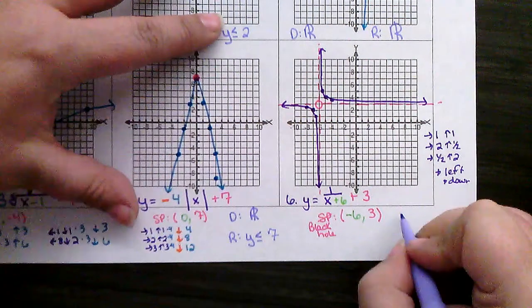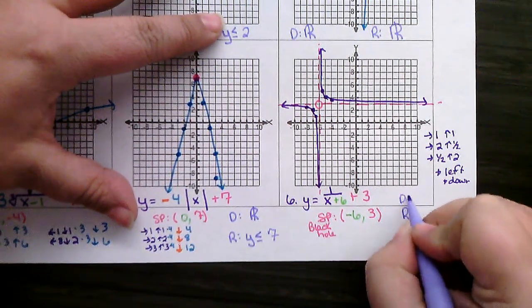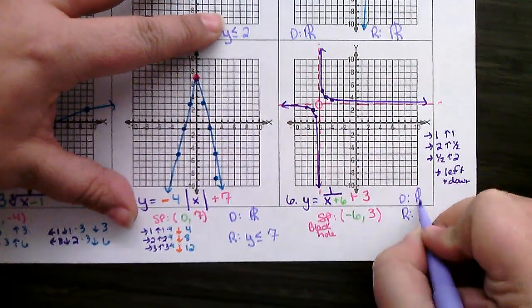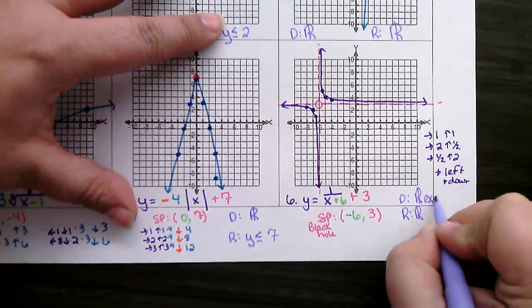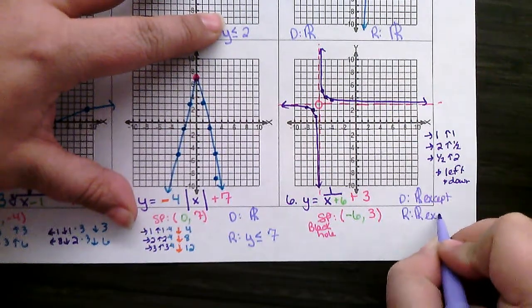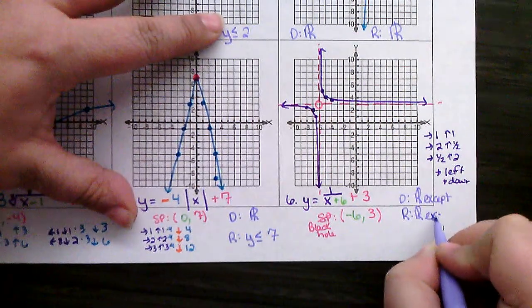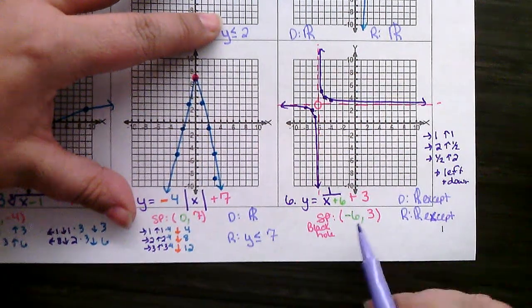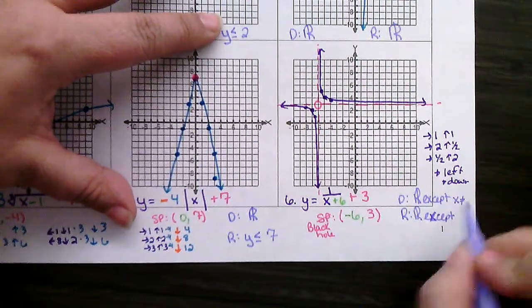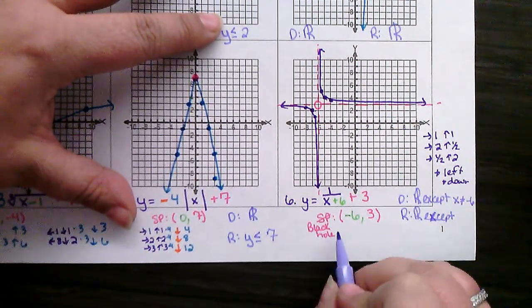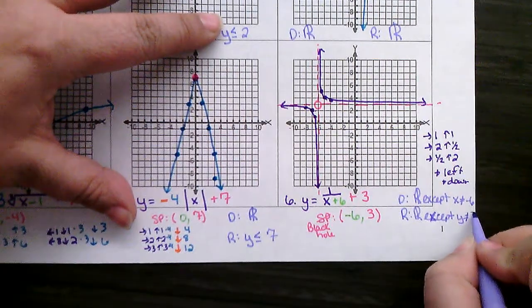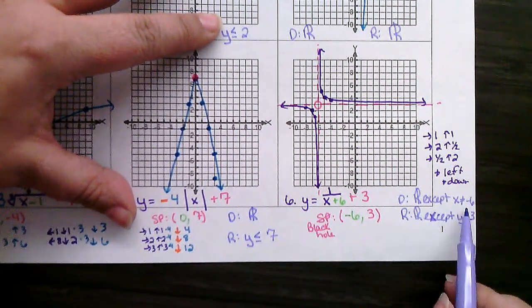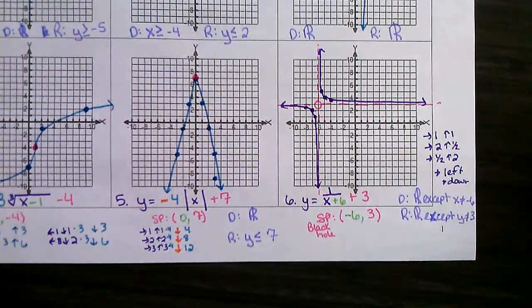Okay, and domain and range on these ones is all real numbers except where your black hole is. So x cannot equal the x value, which is -6, and y cannot equal the y value, which is 3. So domain will have the x of -6, first one, and range will have the y of 3, the second one. Okay, bring these notes to class and let us check them off, and then we'll work on